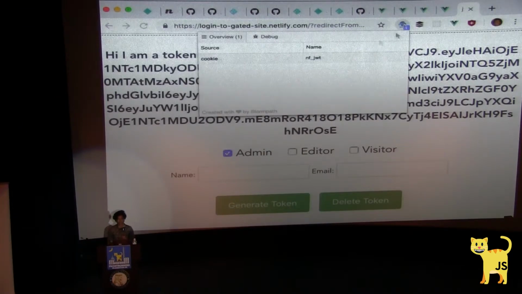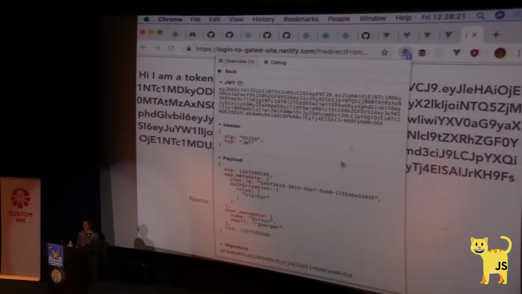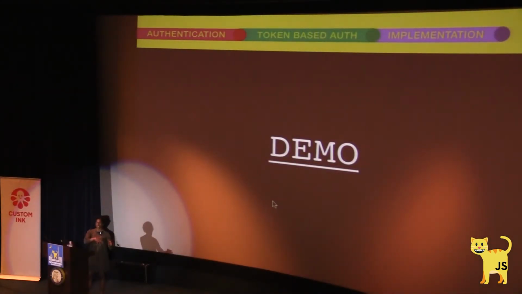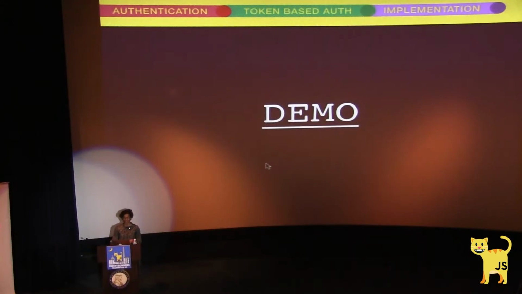So you can kind of see that here on the top. You can see the breakdown, which is that I have random user metadata, and then my role is visitor. Because I am a visitor, I cannot access protected routes that I claim visitors cannot access, and so on. And so the idea is just to demonstrate that with JWTs, you can set user roles, you can add metadata, and then you can also use that to make sure that specific people cannot access routes.